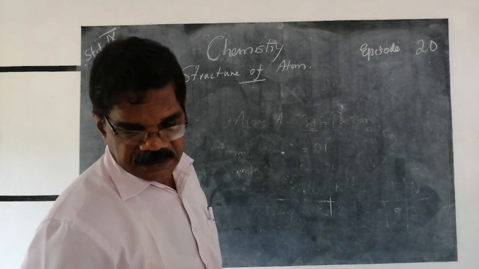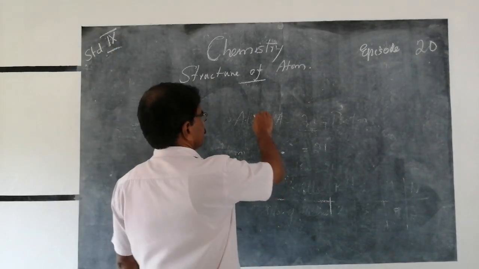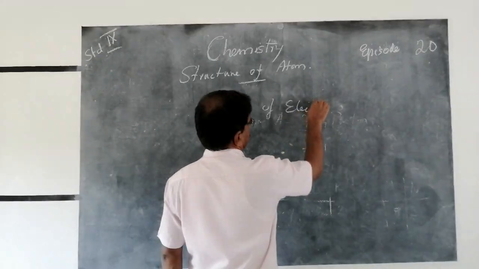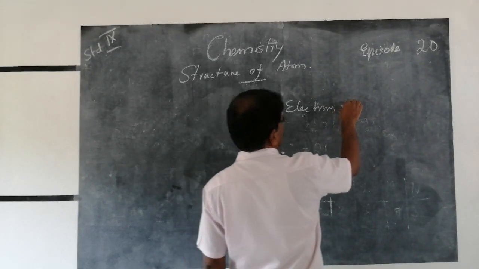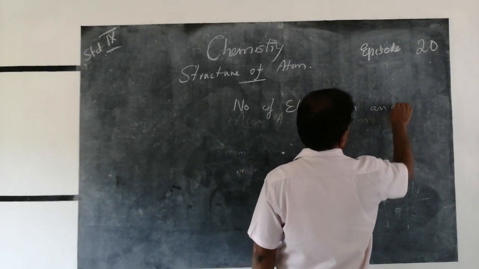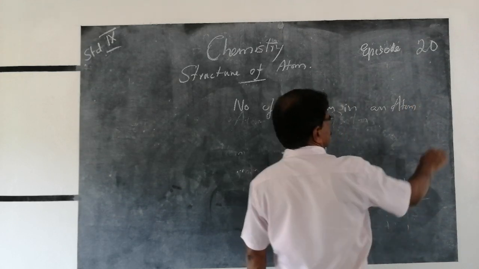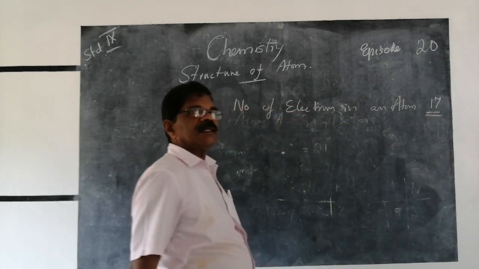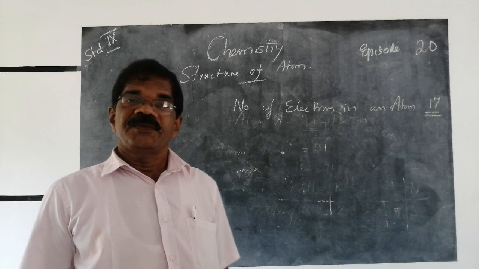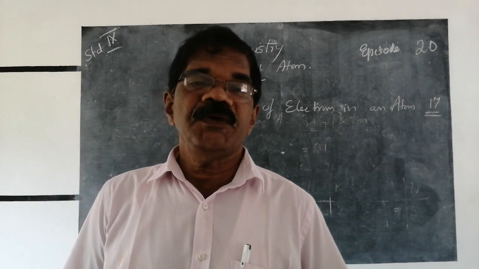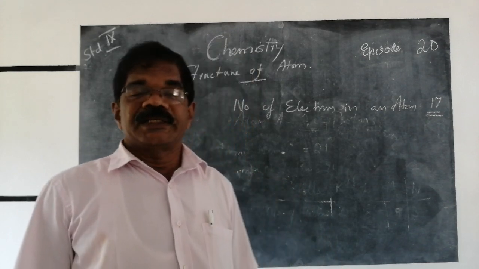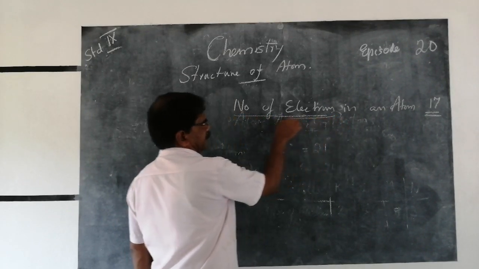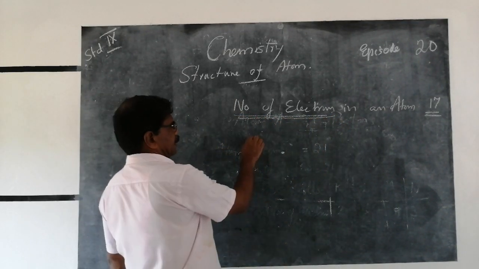Then you can do another exercise. The number of electrons in an atom is 17. Here the number of electrons is given. Then you may be asked to find the answers to the following questions. What is given? In the question you are given the number of electrons. Then you may be asked to find the atomic number,